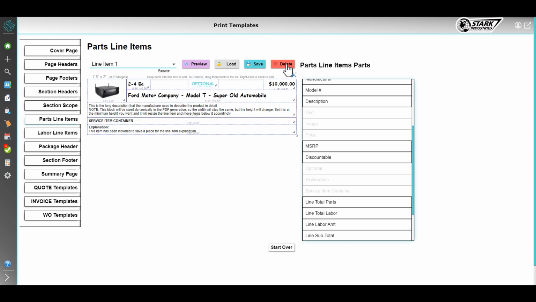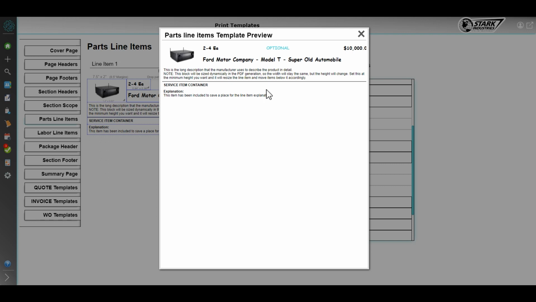Now if we need to delete that, we can always go up here and click this delete button. We can also preview what this is going to look like with this button. So this is what it'll look like on the actual quote. I do have a little width issue up here that I'm going to be fixing probably before anybody even watches this video. So you can see here too that there is a border right above the service item